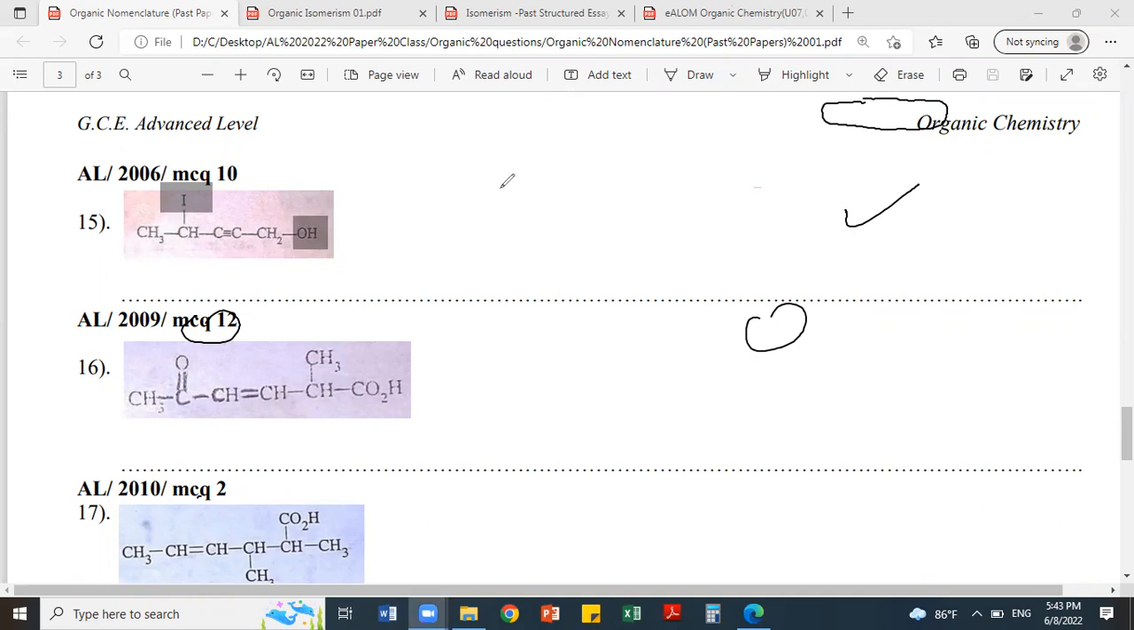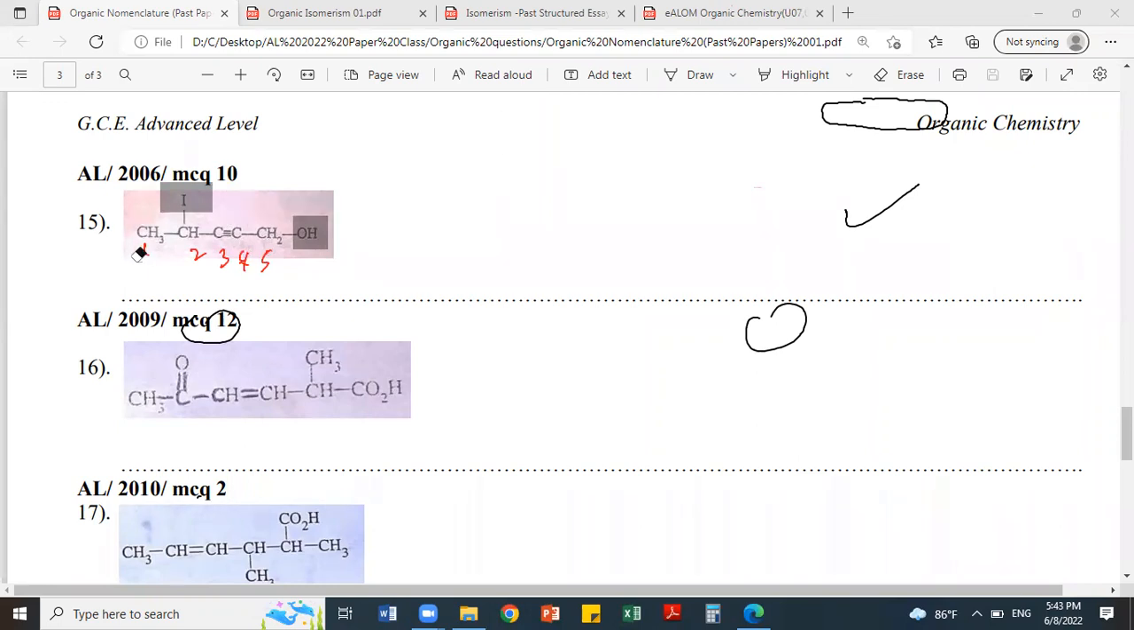You have to number the chain at the beginning. Start in a carbon chain, you have to number. So how many carbon in this chain? 1, 2, 3, 4, 5. So you can't number